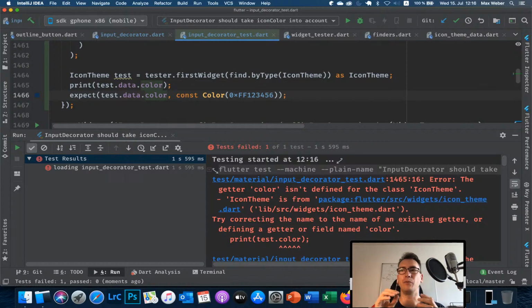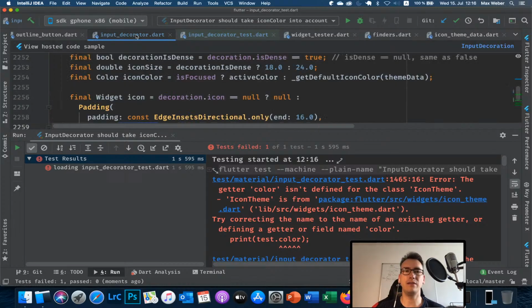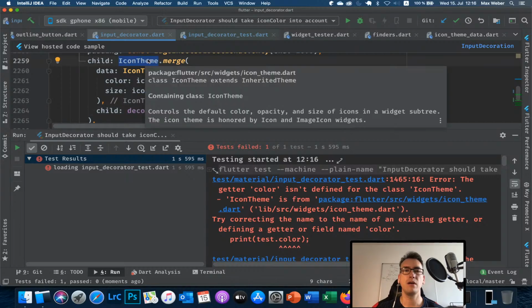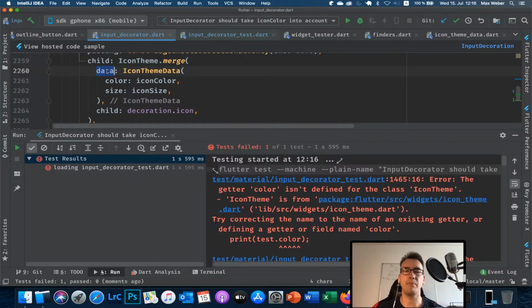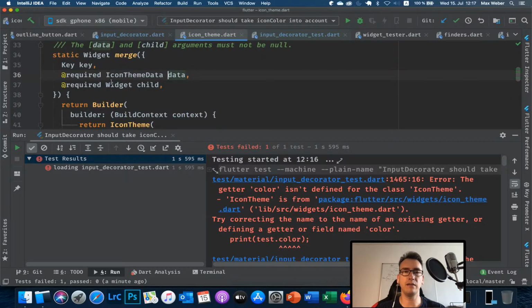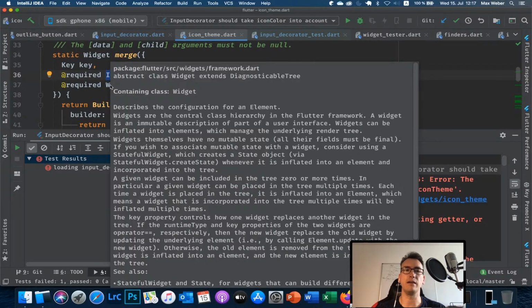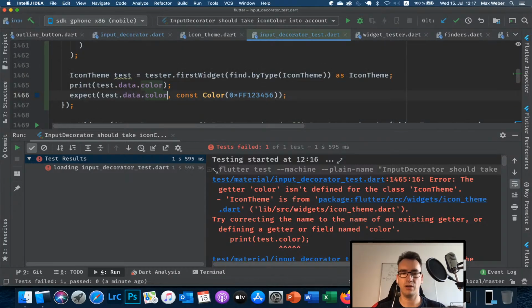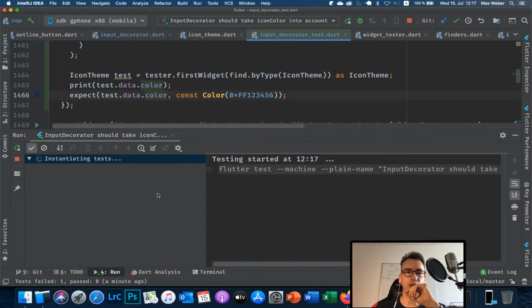Because the widget that we want to tackle is not the icon itself. The icon itself is always itself. It doesn't get a color suddenly. It is the surrounding that gets the color, which is the icon theme. And the icon theme itself has something inside that is called data, which is then the icon theme data. And this actually contains then the color that we search. So if I'm searching and restarting the whole thing,